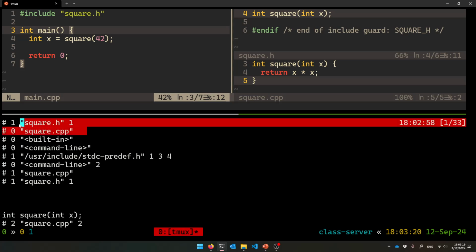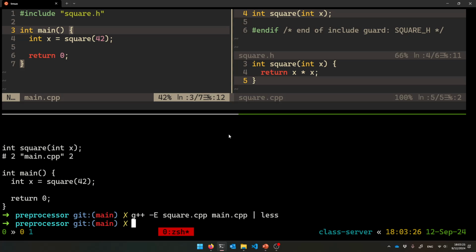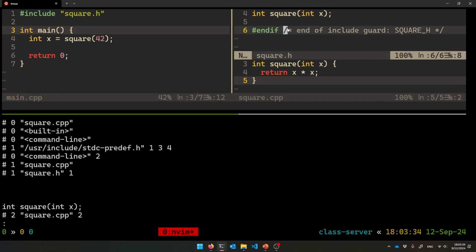Oh, sorry, no, we're in square.cpp. I'm scrolling up to the top. This is it, because I think I gave that first, right? I gave square.cpp first to g++. So it's not very often that I look at this. So square.cpp, that's the first thing that's happening, and it's noticing that in that file,